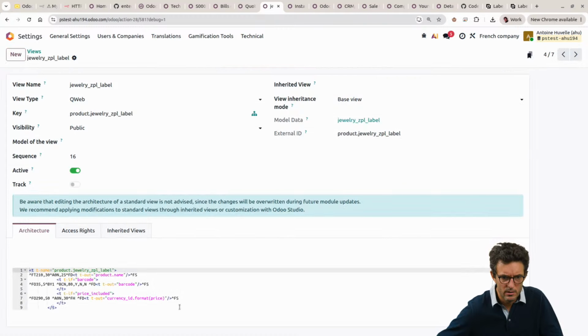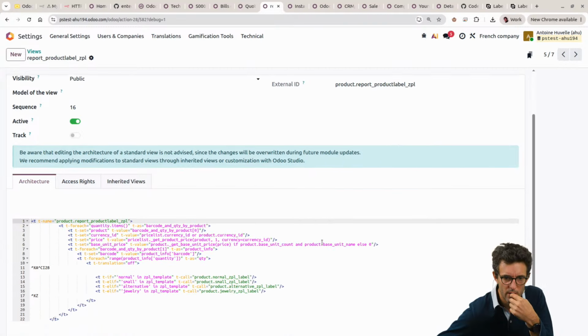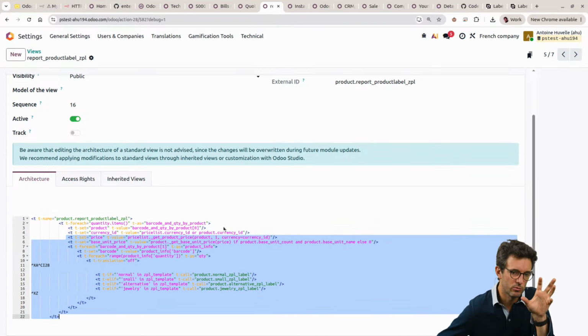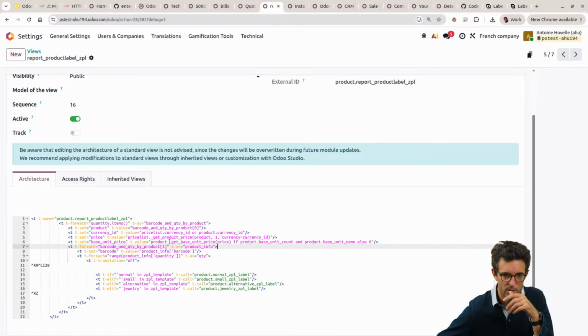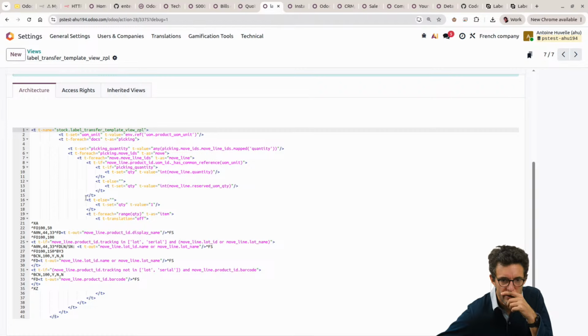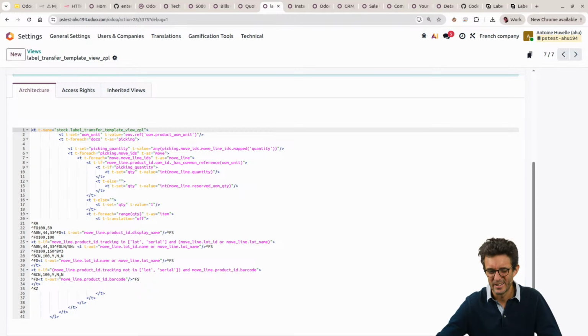Jewelry, barcode, product name, currency. It never looks like we use elements of HTML to structure. So it looks like it's just having some variables, setting them, showing them, but not having a specific display. No, it's just else and ifs, but no divs, no paragraphs, nothing to make it columns. So I'm not sure